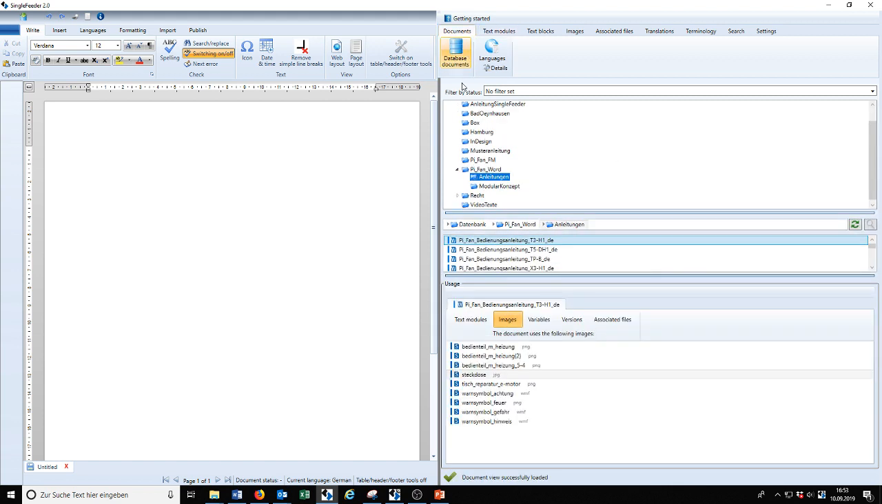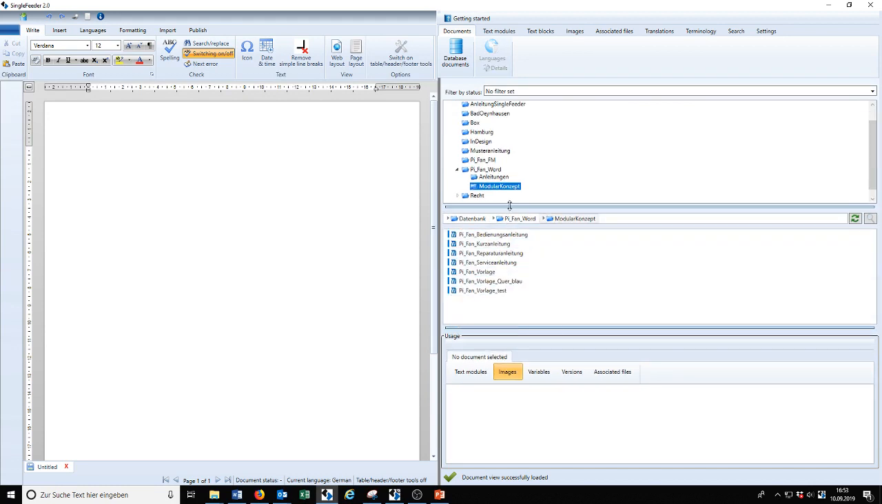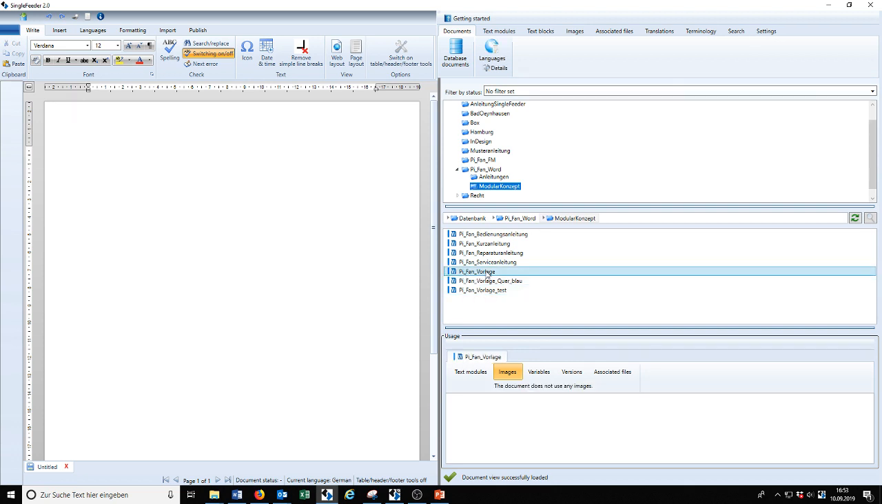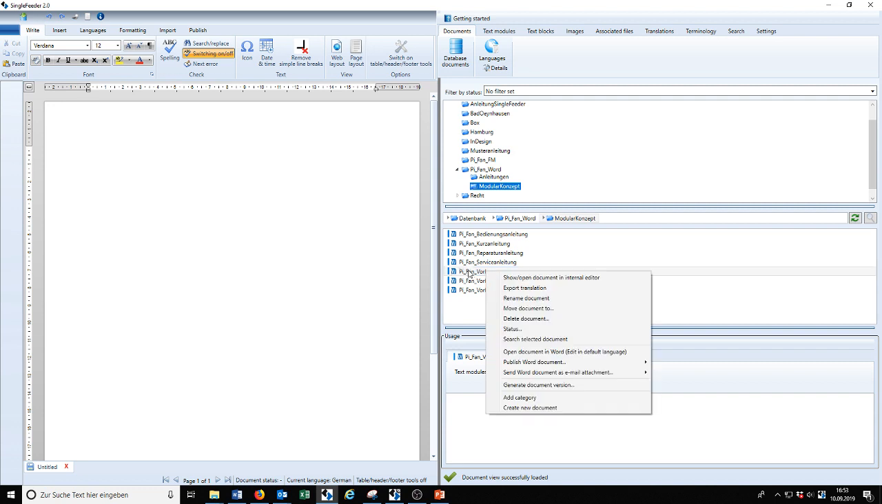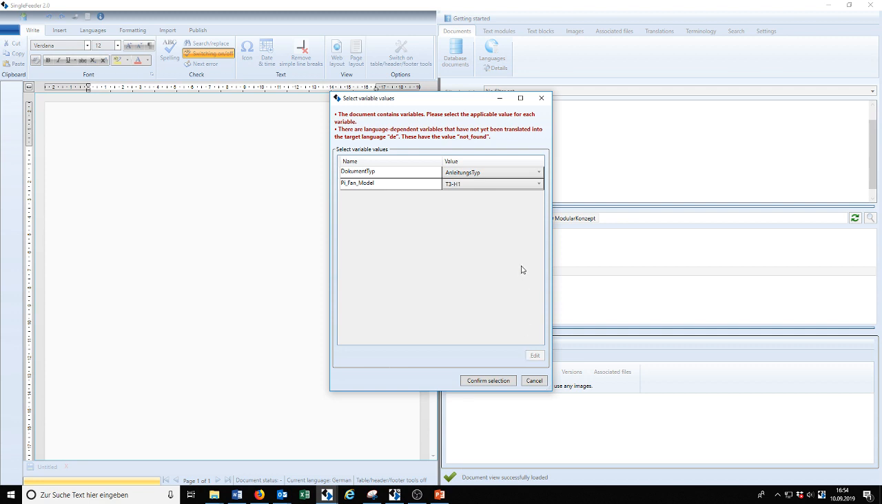So now what we've done here in this modular concept, I have a template for each of them, and now I'll just take this one, which is an empty template, and I can right mouse click it, and here at this point I have this option, open this in Word for editing, which is what I've just clicked. Now my Word editor will open and show me the document. The document has got some variables which I can select here. I don't do that, I'll just confirm the selection,